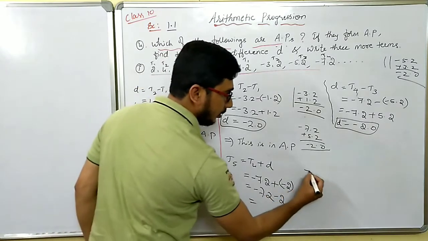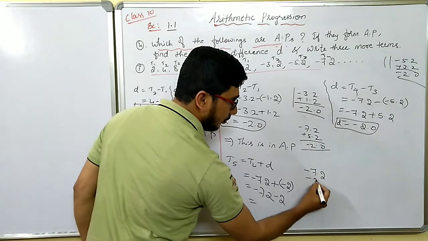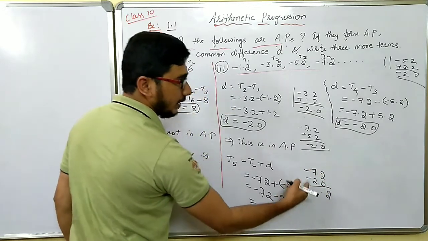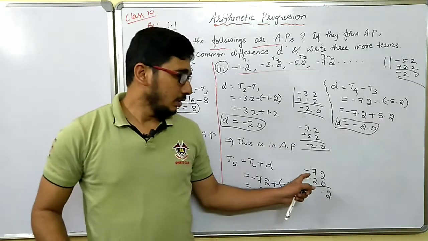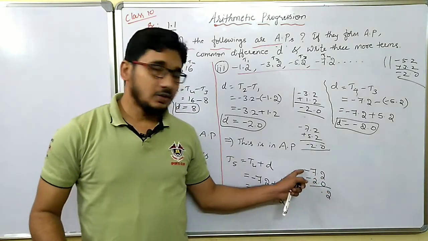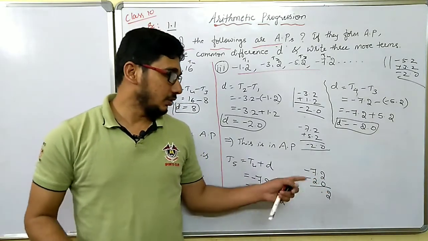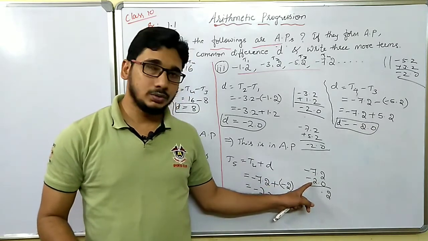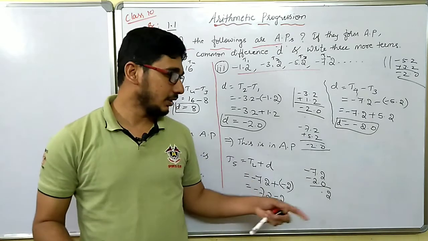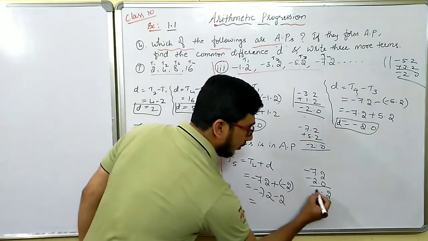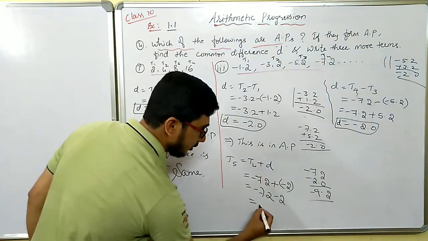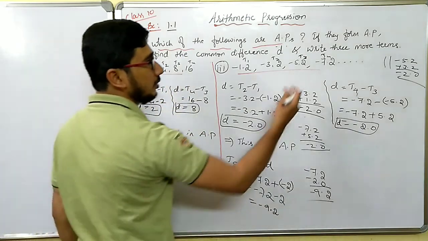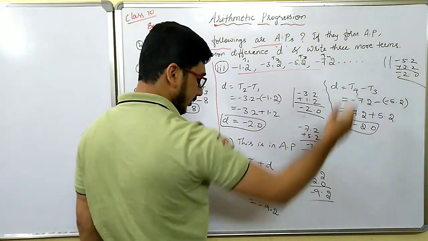How much are you getting? Minus 7.2 minus 2.0. 7, 8, 9. Two negative signs, in the sense 7.2 negative means, imagine this is a credit. You have a credit of 7.2. Again you are taking a credit of 2. So the total credit is minus 9.2. So that is minus 9.2. Like this we have to write T6 and T7.